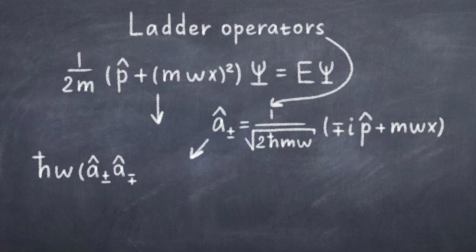Very convenient. Sparing you from the ugly math, it turns out that using these operators we can rewrite the Schrödinger equation in terms of these operators, where we write that h bar times omega and then in parentheses one ladder operator times the other ladder operator plus minus 1/2, and then everything multiplied by psi is equal to E psi. In this form it is rather straightforward to solve the Schrödinger equation. Firstly, in this new form we can easily read off what are the energies of this system.